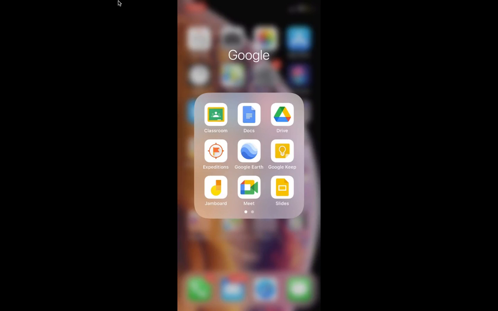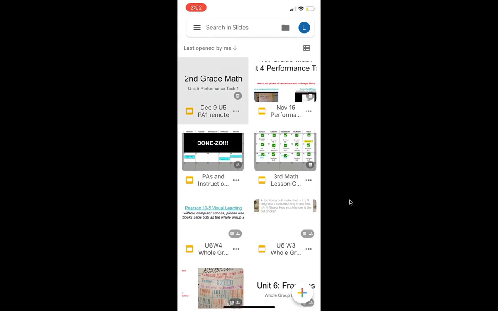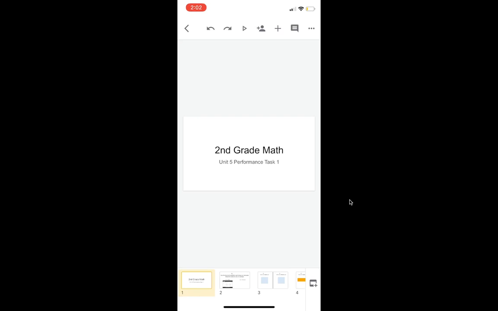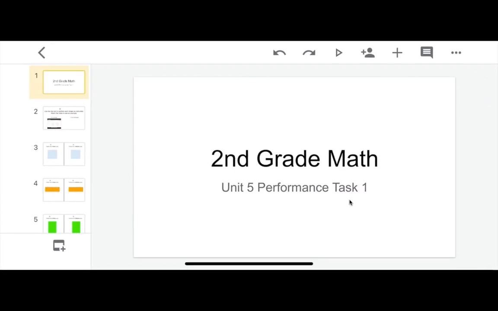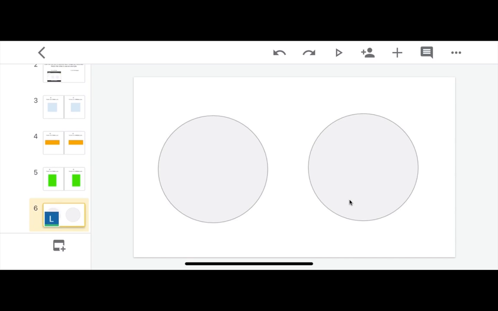To use the line tool from a mobile device, you will need to have the Google Slides mobile app. So when you open that app, or you open up the slides within the app, you're going to want to turn your phone sideways to get the biggest view possible. Okay, so if I am on this slide here and I want to draw lines and use the line tool,